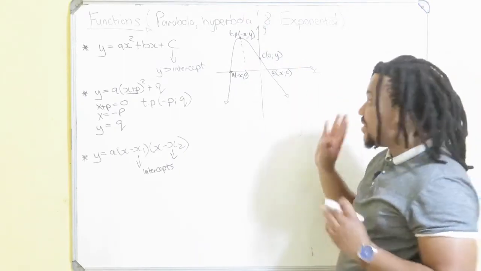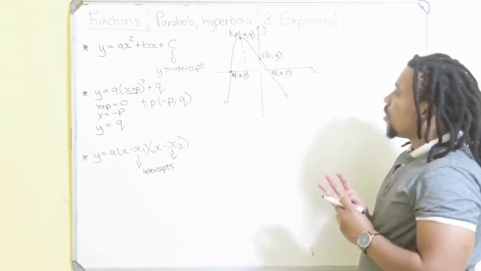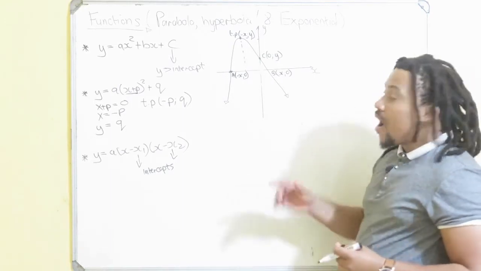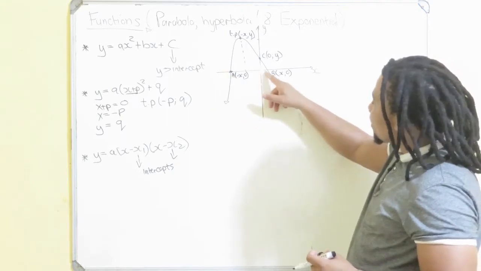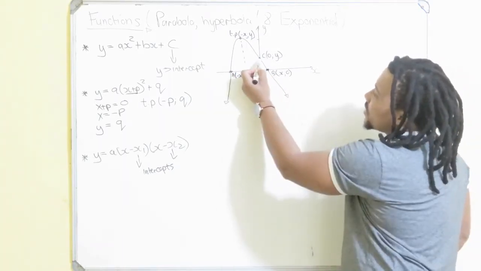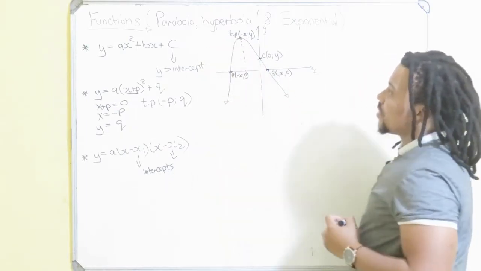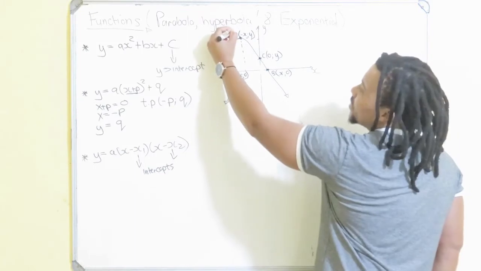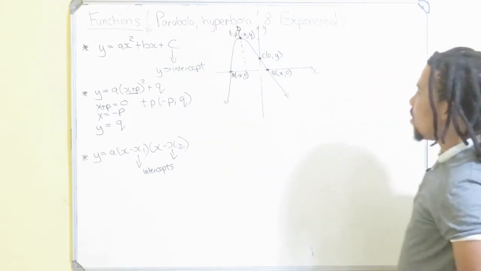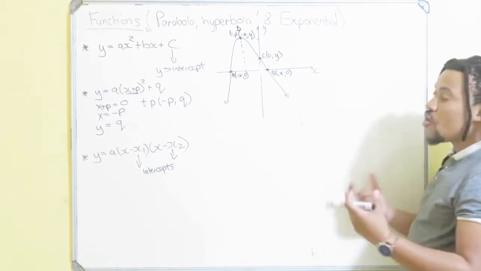So I'm going to make an example by using this graph. First of all, I know you may want to know how to calculate the x-intercepts. My x-intercepts are a and b, my y-intercept is c, and my turning point, there it is, I'm going to say maybe my turning point is d. First of all, what we need to understand in this section of parabola is to know how to